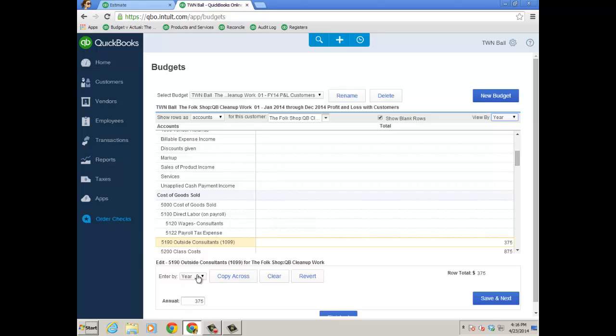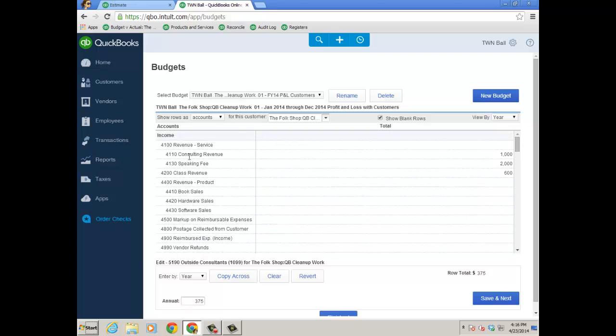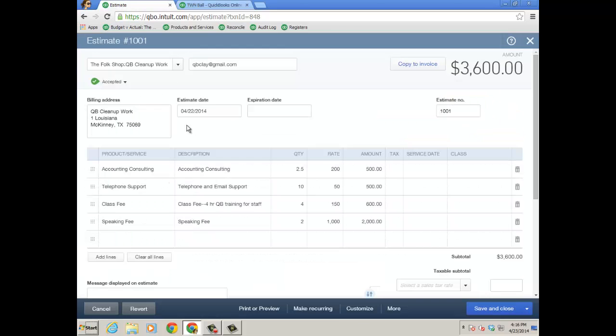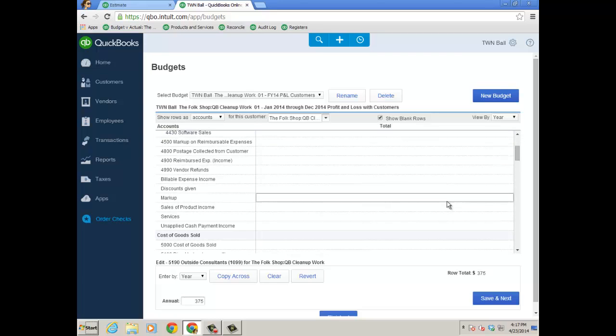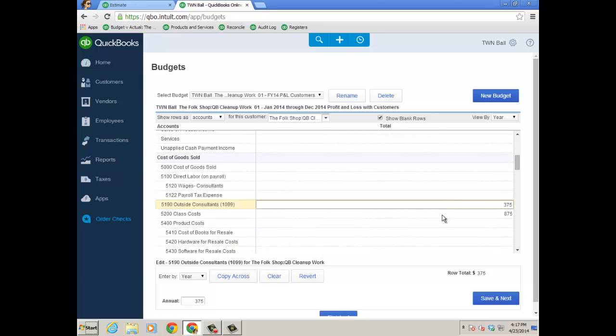And same down here. So you would go ahead and in the income revenue section, these items that were on that estimate there, particularly accounting, consulting, and technical telephone support, those are actually linked to a consulting revenue. Right? So I put in $1,000. Pulled that really from the estimate. Speaking fee and class revenue. Right? Those are my revenue items that I'm expecting in those amounts, the total that I should get from the